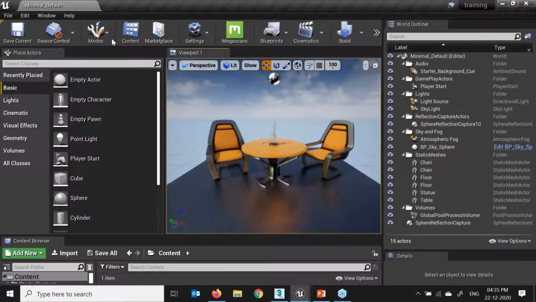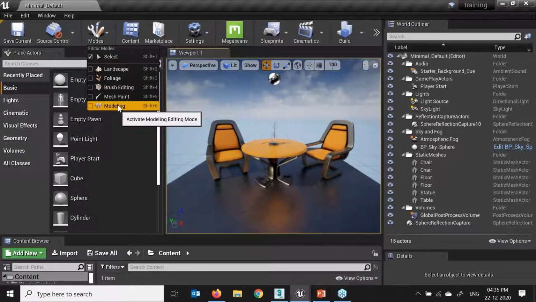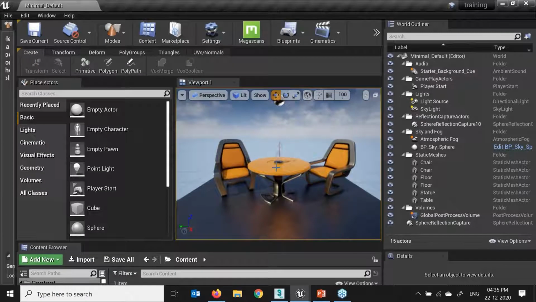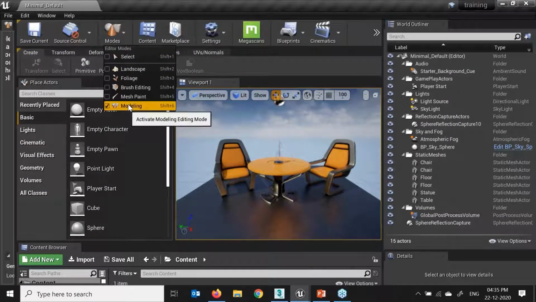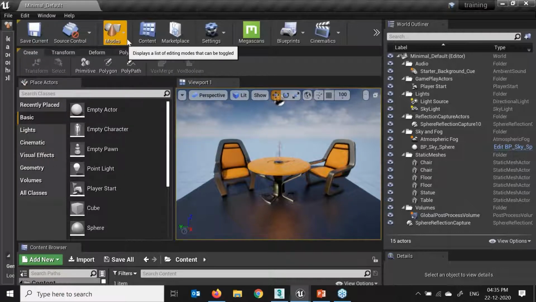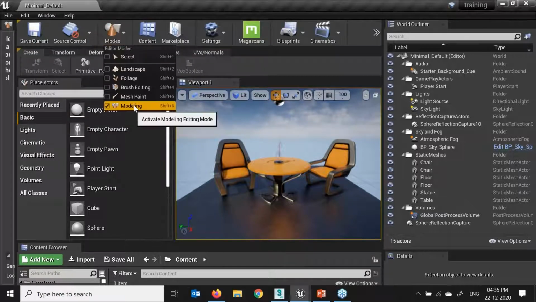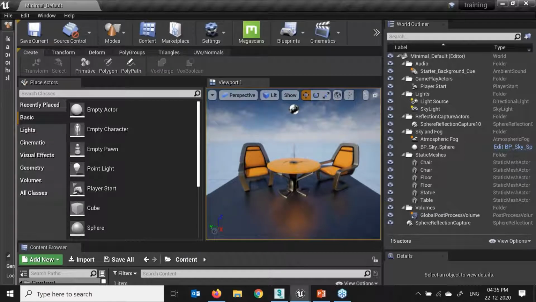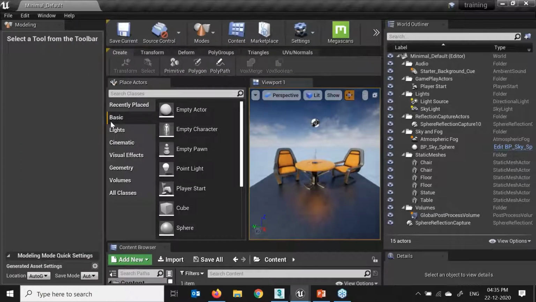Select, close. Now here we can see we have got our modeling options, into the modes modeling options. We need to turn this on from the plugin edit plugin. Now into the mode, we have the different options. If I just drag my move over here, actually I'm using multiple screens, so I just minimize the viewport.